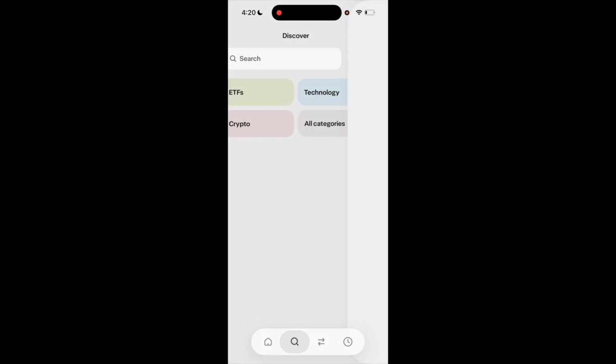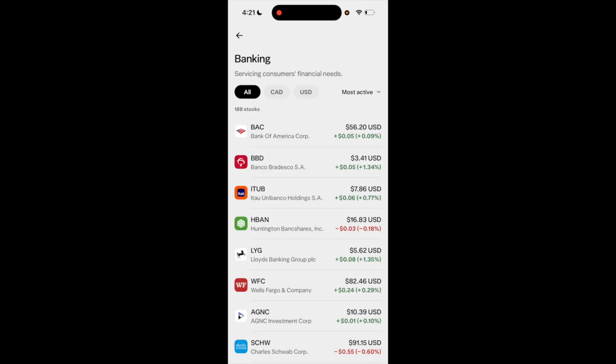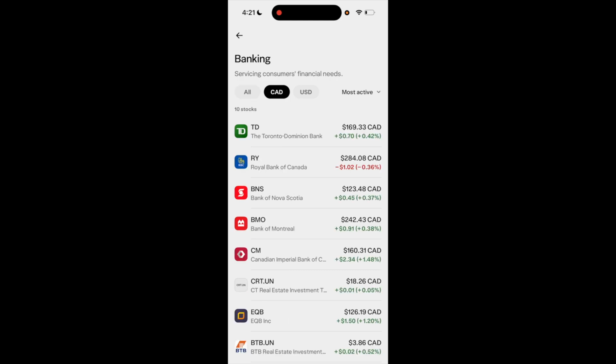bar right here, go to all categories, select the category that your stock may be in. So in this case, if I were to go to banking right here, I can view a bunch of different banking stocks. And once you guys have this selected, I'll just go Canadian, for example, and I will use TD